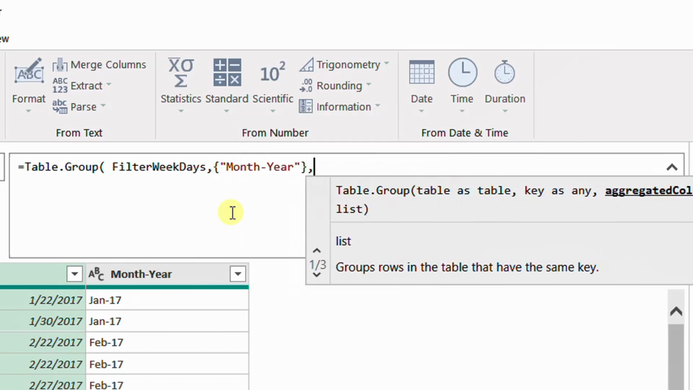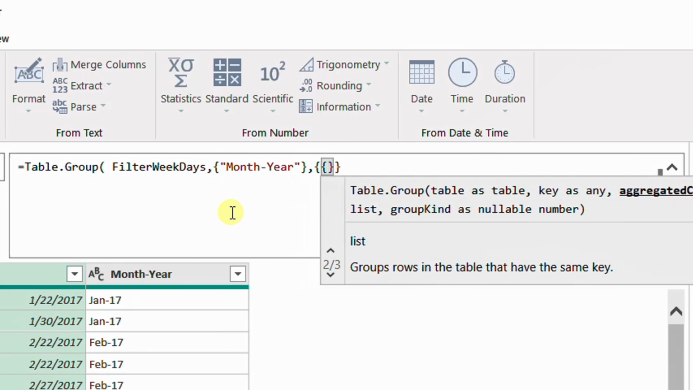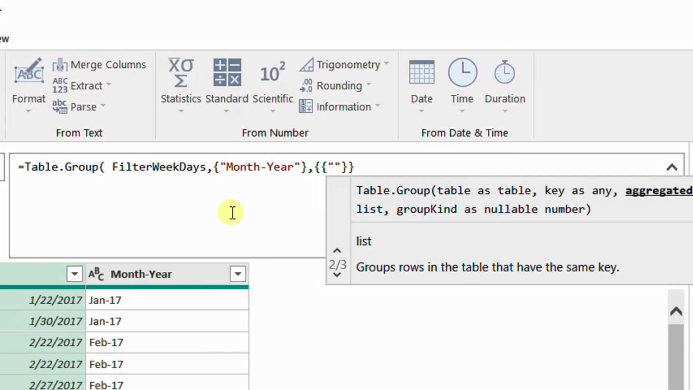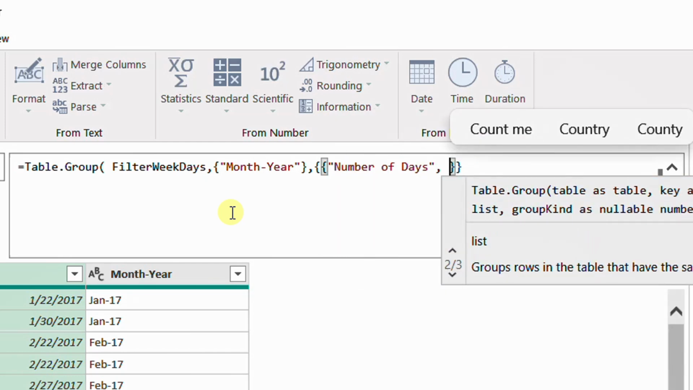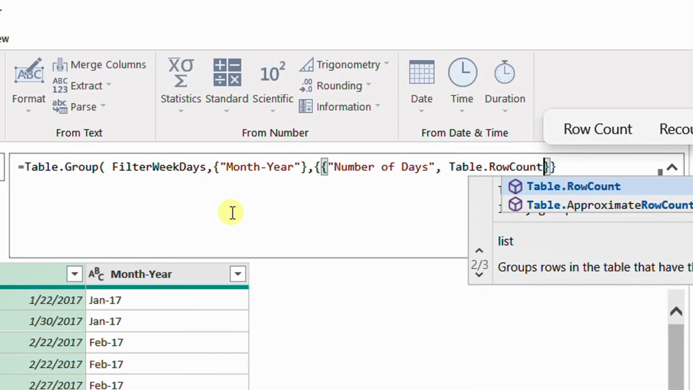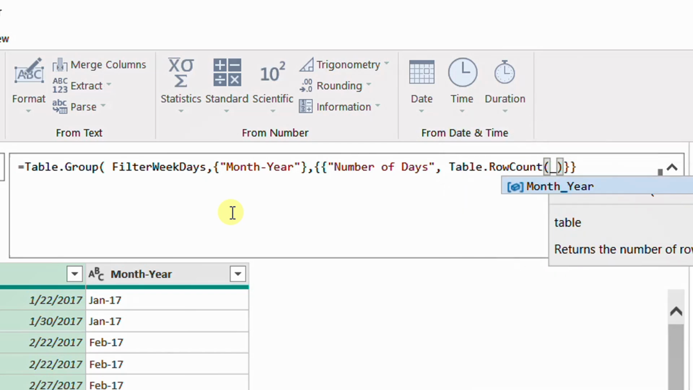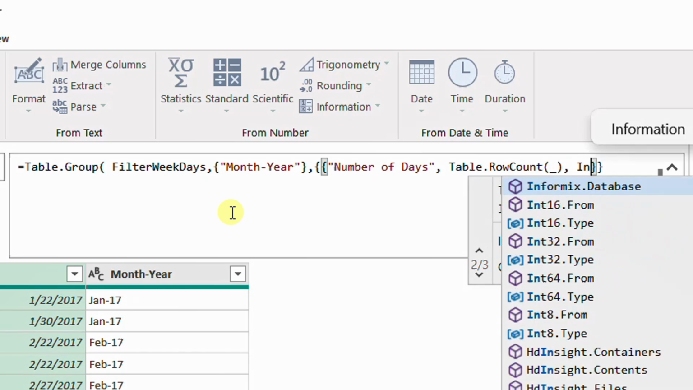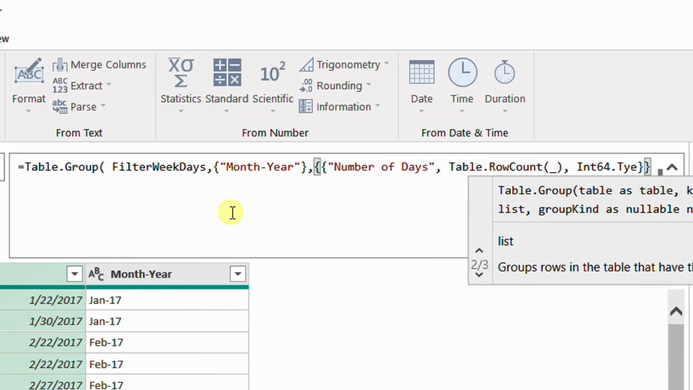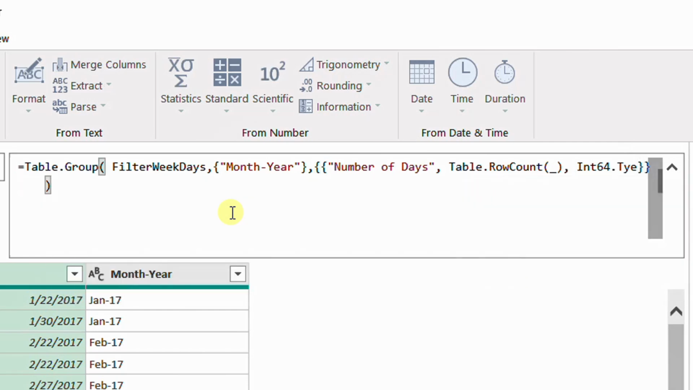In order to provide the aggregation column, I'm going to provide it in a list inside a list. So I'm going to open two curly brackets. Inside the inner list, I'm going to provide the name of the column, which is basically number of days, and then comma. The aggregation will be using the function Table.RowCount, and then open a bracket, underscore, and then comma. Finally, I need to provide the type, as we mentioned, Int64.Type, and finally close the bracket for Table.Group and